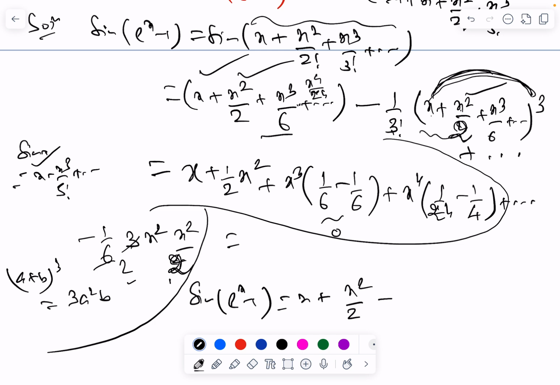Now simplify 1 upon 24 minus 1 upon 4, and that is nothing but 5 over 24, but negative sign. So minus 5 by 24 x power 4 plus and so on. So these are the kind of examples where we can use the known series to find out the series of some